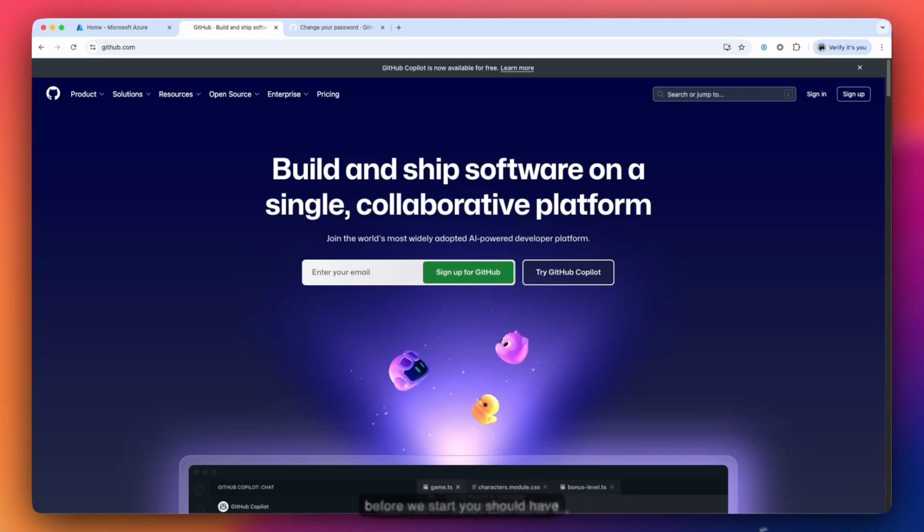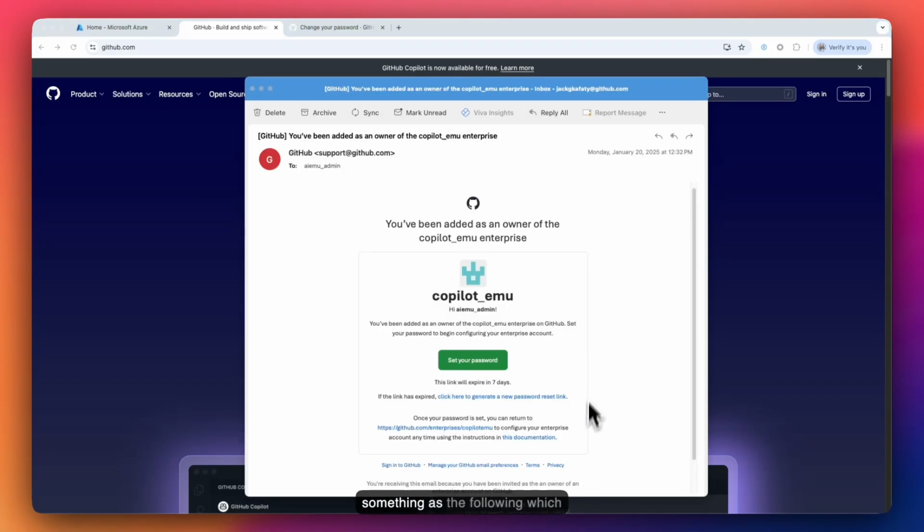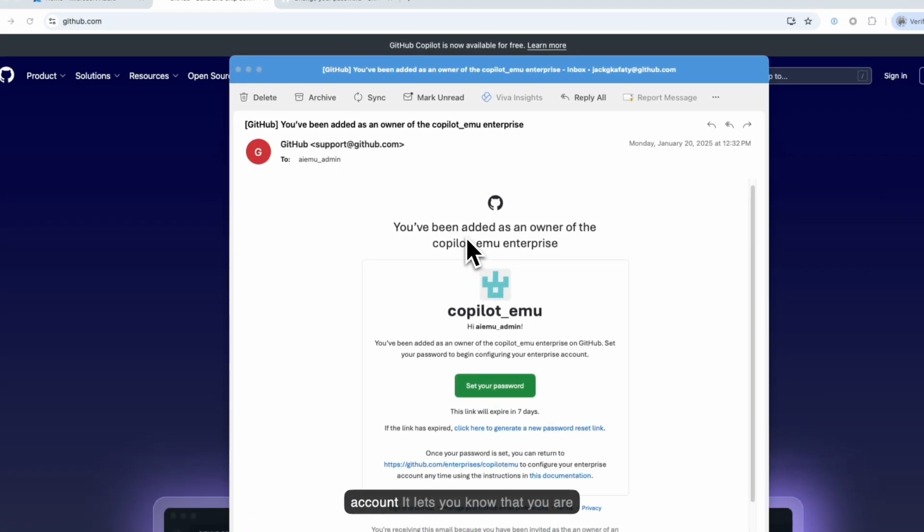Now, before we start, you should have received an email that looks something like the following, which gives you some details about your account. It lets you know that you're the owner of your enterprise, and it gives you the admin username. Now, this admin username is highly important. This username is not the same as your GitHub account or any other GitHub account you might have had. This admin account, we refer to it as the setup admin, which is the account that enables you to set up your GitHub Enterprise Cloud